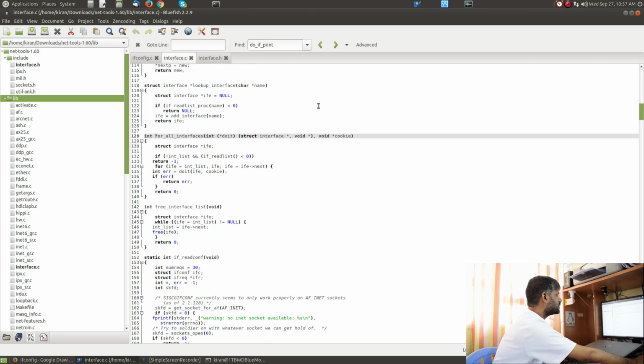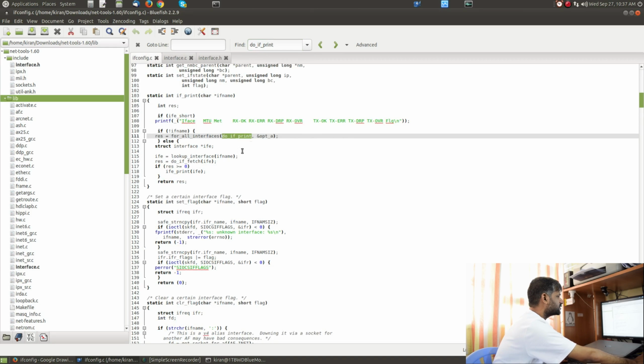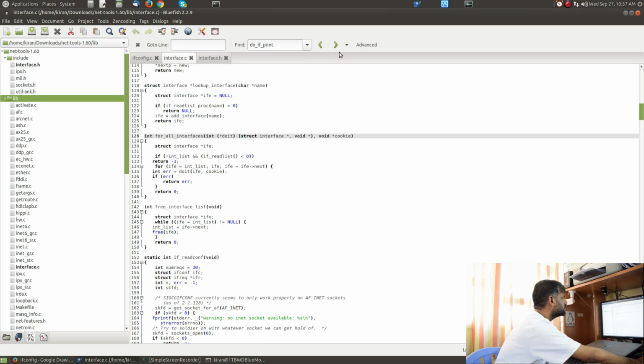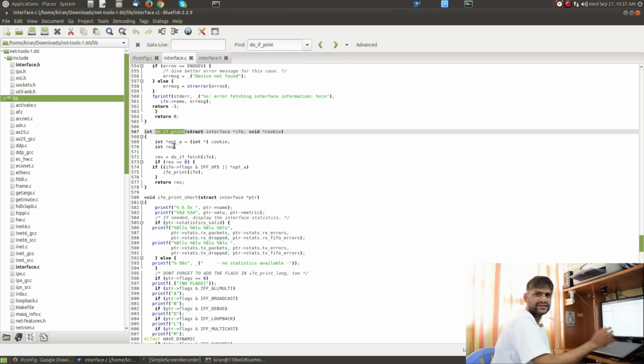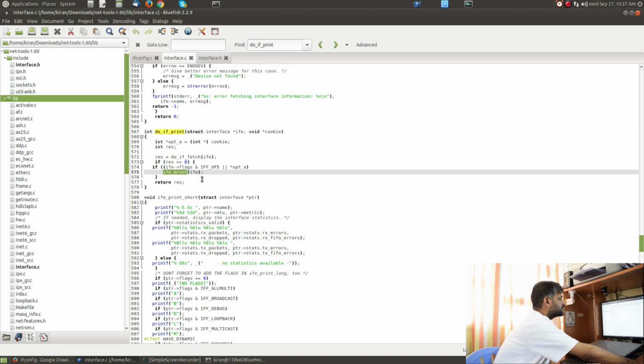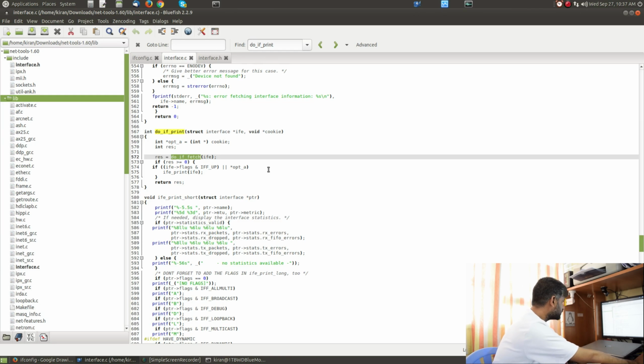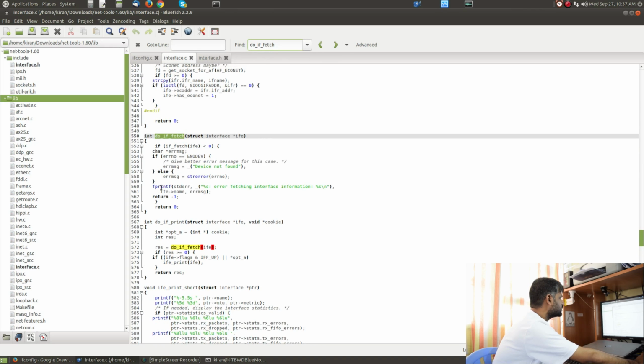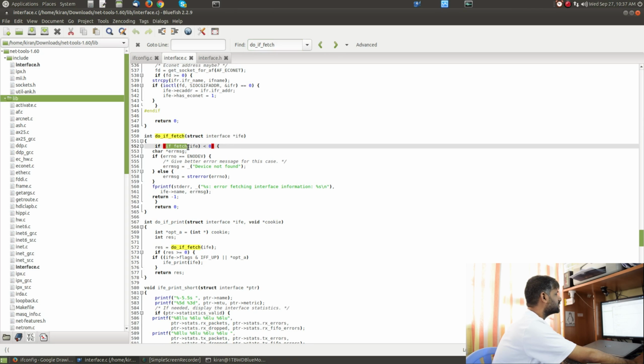Before even doing the interface print, it needs to fetch the interface details of this interface. So you can just search do interface print, and as I said before, even before doing that it has to fetch the interface details, and then it has to show each of the interface details over here, interface print. So we can go to do interface fetch. If you find the source, it has this source, and inside that it is calling if fetch. So if you go inside if fetch,